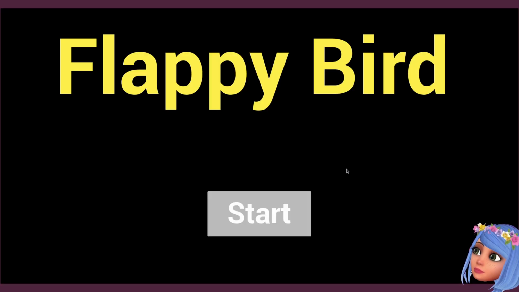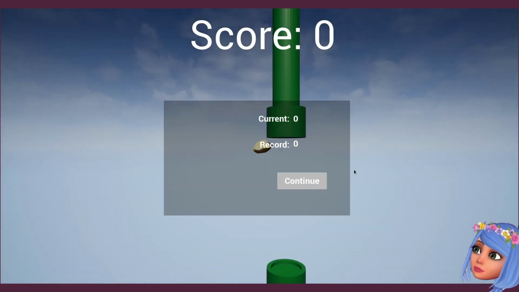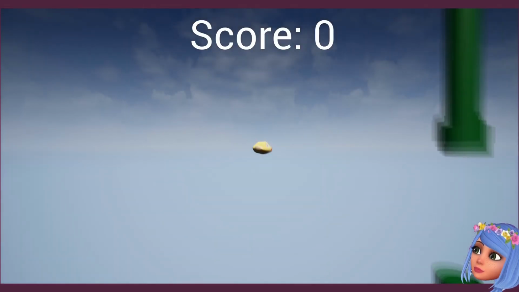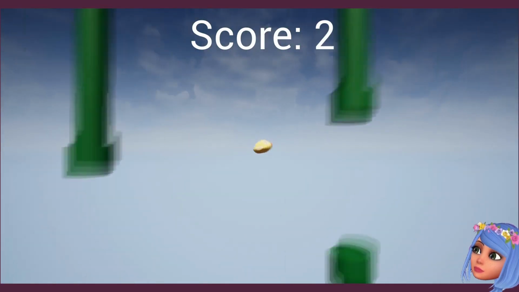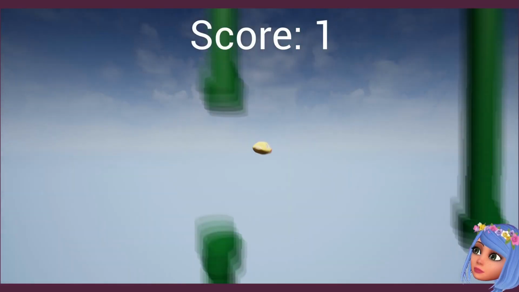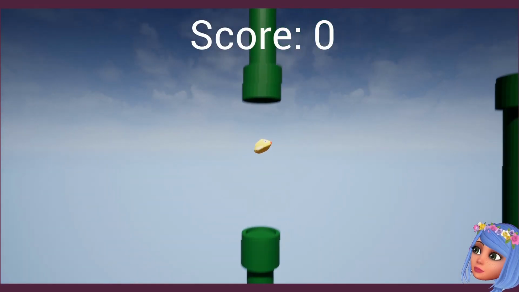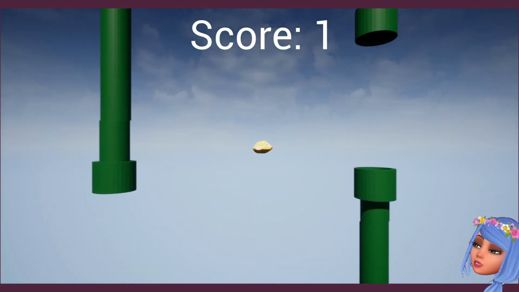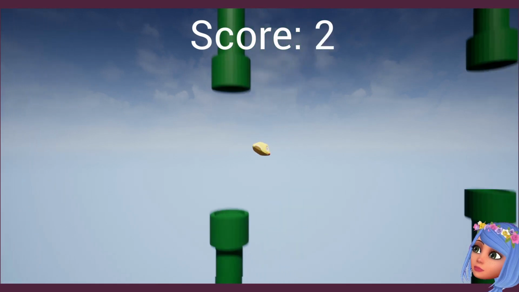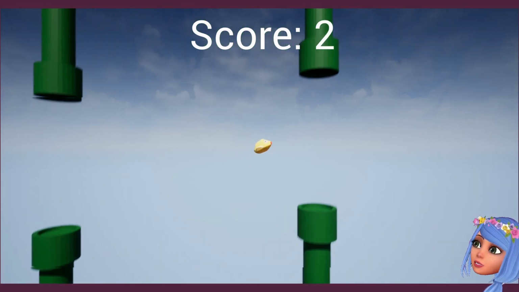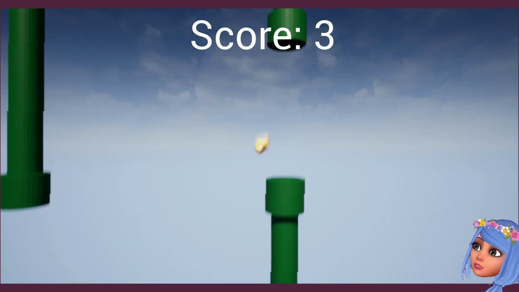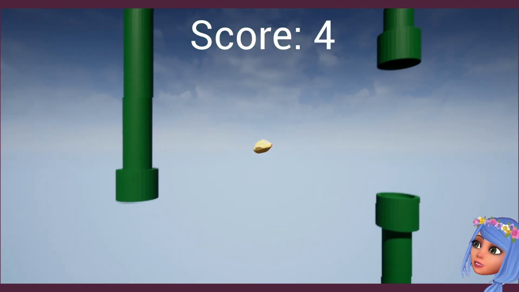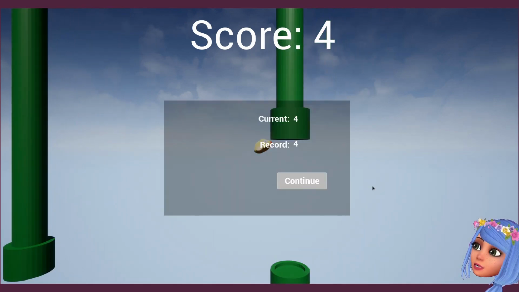So here we go. Flappy Bird, start, continue. So there is one small issue. Pressing on the continue button doesn't work from the first click. I'm not sure why it's happening, but I think I would not fix it.